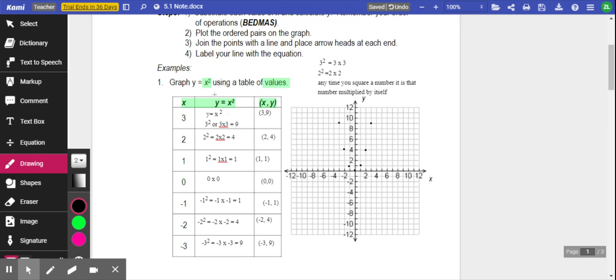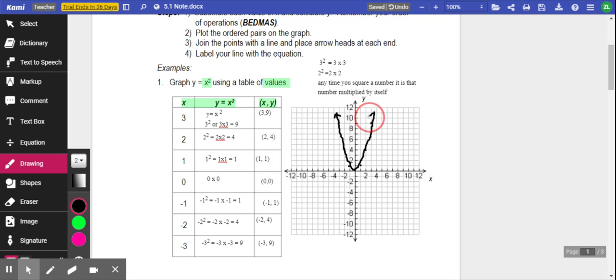And we've got all our table of values. So you're going to use the same table of values: 3, 2, 1, 0, negative 1, negative 2, negative 3, and solve based on the equation. Now our job here, which might get a little messy, is to draw, to the best of our abilities, a graph that connects through. And it will look